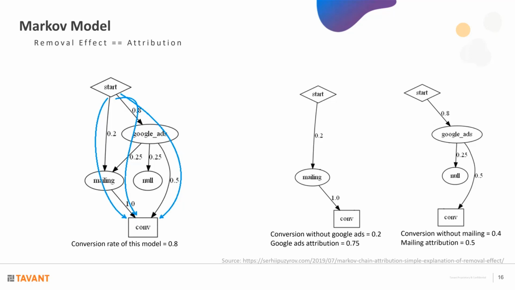Now what we do is we take away one of the channels and see what effect it has on the conversion. So when we take out Google Ads, we're left with only this graph, which leads to a conversion probability of only 0.2. So it changes from 0.8 to 0.2. Therefore, the actual attribution turns out to be 0.75, which is 0.8 minus 0.2, which is 0.6, divided by